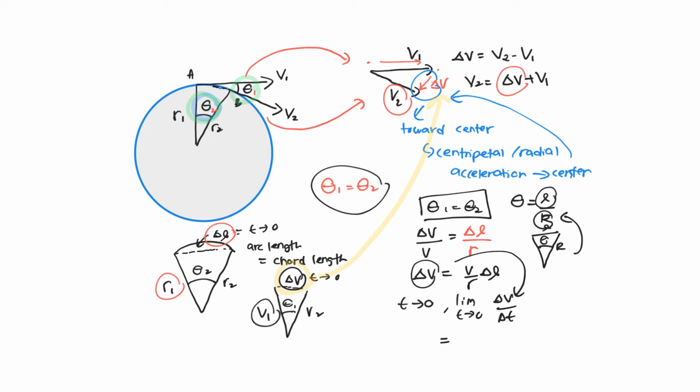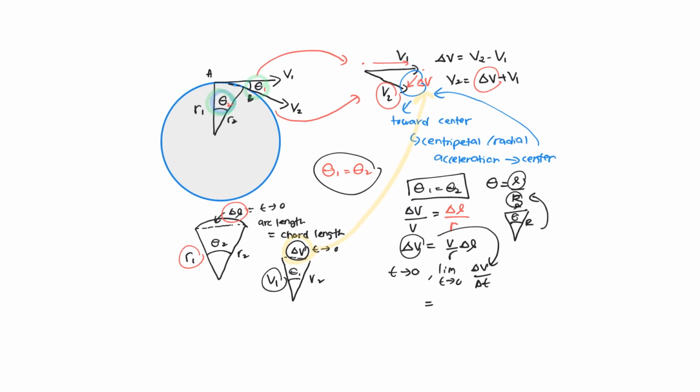So you are going to get what? You are going to get V over R and change of L divided by the change of T. Okay, so this one basically represents what? Yes, very good. It's going to represent velocity. So you are going to get your centripetal acceleration, which has the formula V square over R. That is the formula for centripetal acceleration, or you can denote it as a_R, which is radial acceleration. Okay, so now it's already proved that